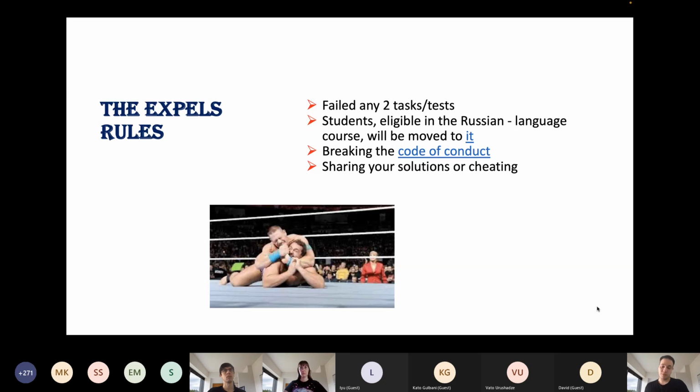And an important note about the Russian-speaking audience. I know that some of you are attending this meeting. Please be informed that this course is intended for a non-Russian-speaking audience. So if you are interested in education, please follow the link to the course for the Russian-speaking audience. In case anyone from those locations registers for this course, they will be expelled and moved to the Russian-speaking course.